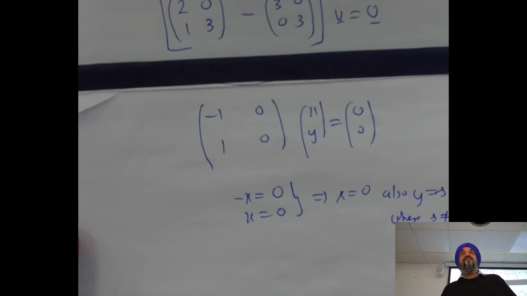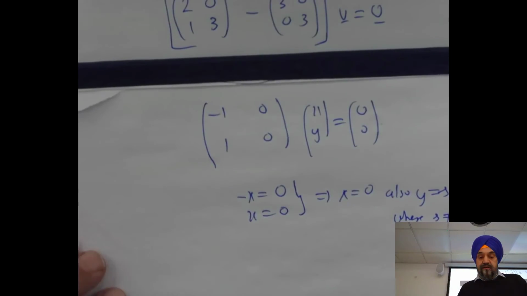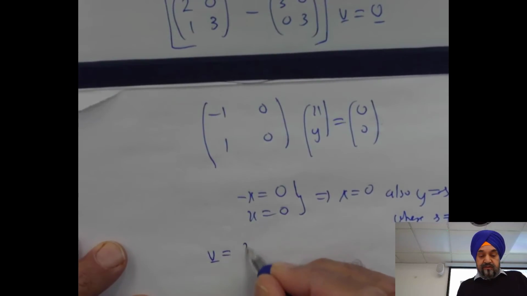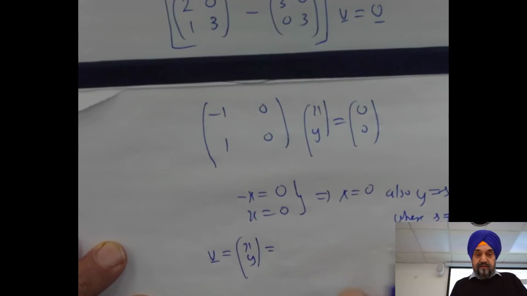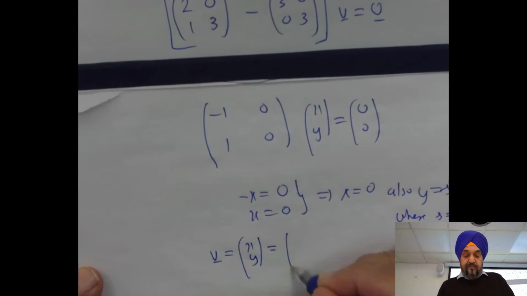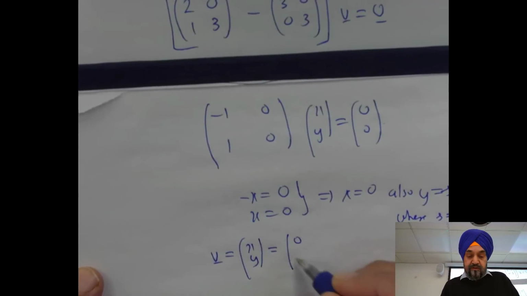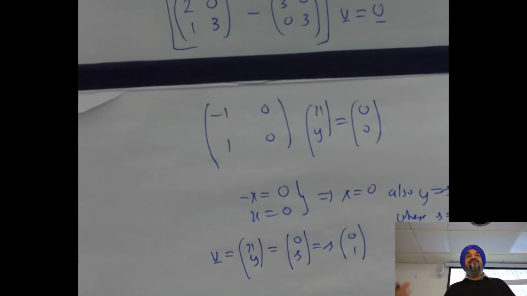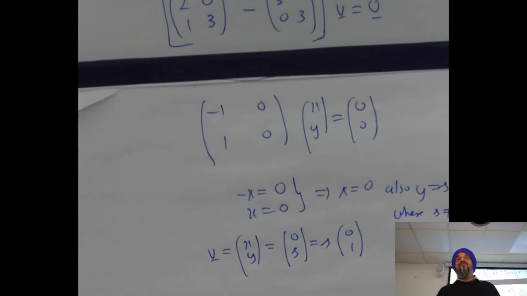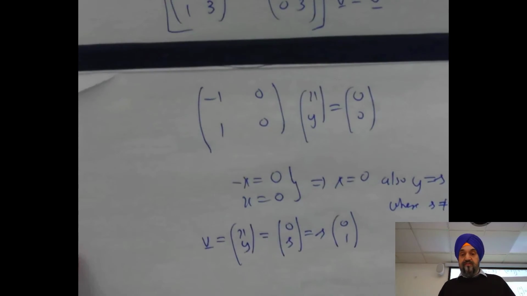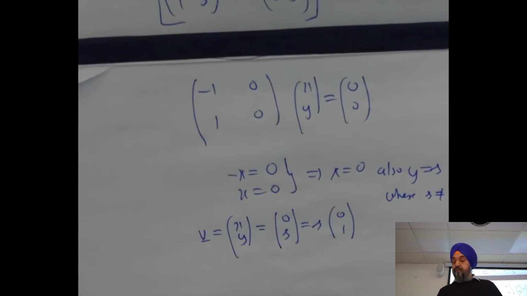So my eigenvector belonging to this eigenvalue 3, v is equal to x, y, where x, of course, is 0 and y is s, which is equal to s times 0, 1, where s is not 0. You can't have 0, remember. Okay, so you've got 2 eigenvalues and 2 eigenvectors, and if you plot them,